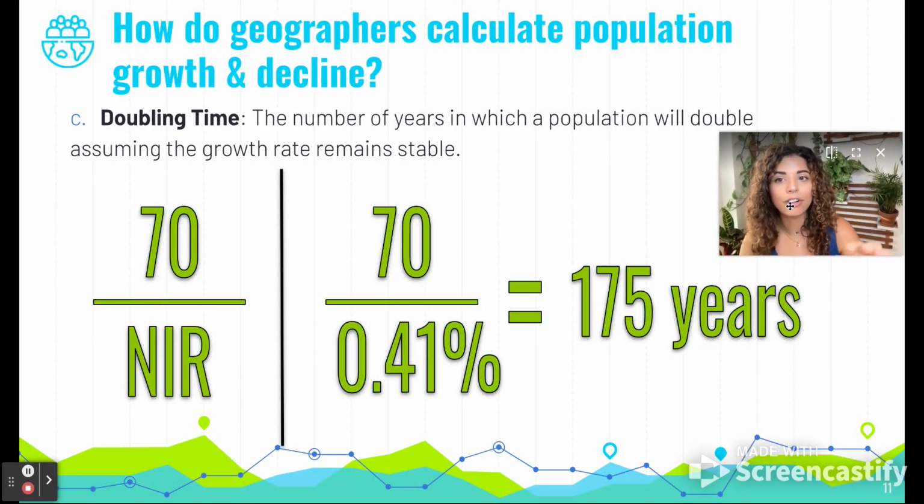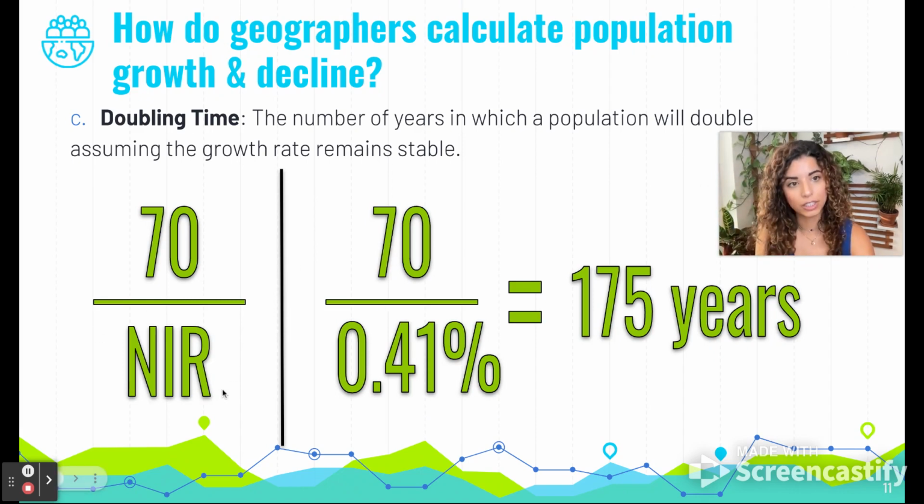Doubling time, another great vocabulary term. This is the number of years in which a population will double as long as the population growth rate is stable. It's 70 divided by the natural increase rate. So 70 divided by 0.41%, for example, is 175 years. So the longer the doubling time, the